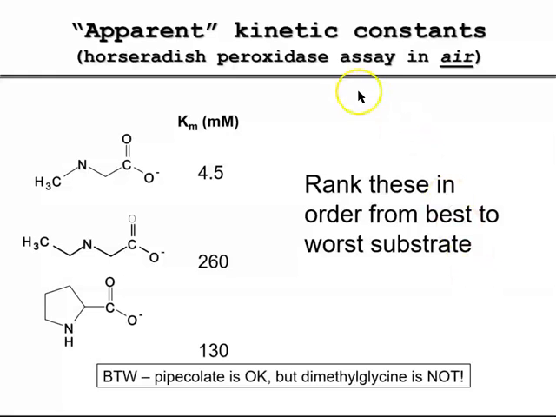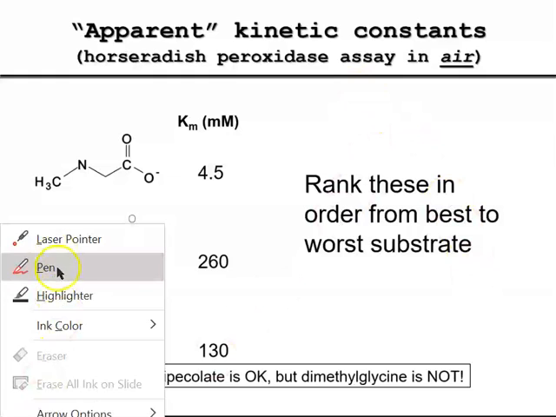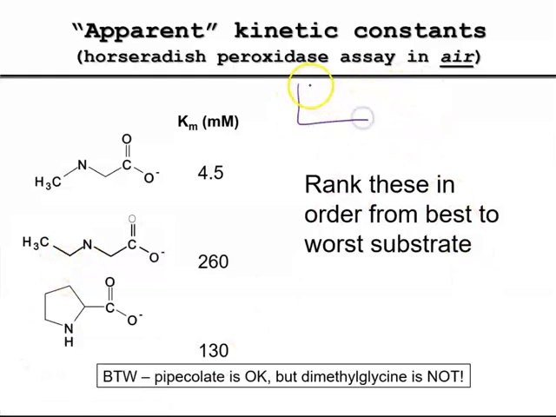Okay, so as I just mentioned to you, and I want to reiterate one more time, we do a series of raw data traces where we look at formation of product, let's say as some absorbance over time, and we're going to do a whole series of these at different substrate concentrations. So our lines are at different substrate concentrations. So we do a whole bunch of different assays in the lab. And then we're going to measure our rates on the linear portion of the curve, and we're going to plot versus substrate